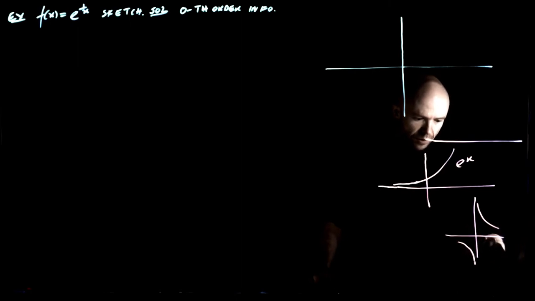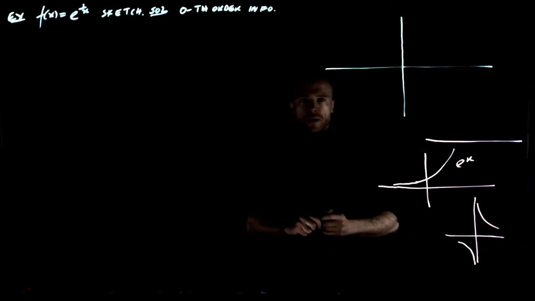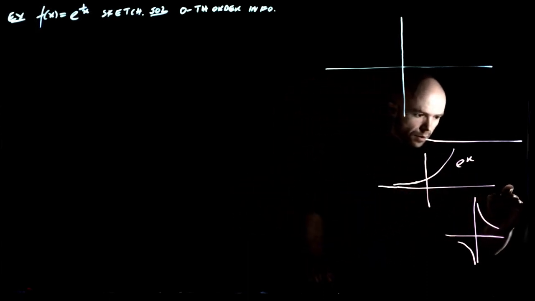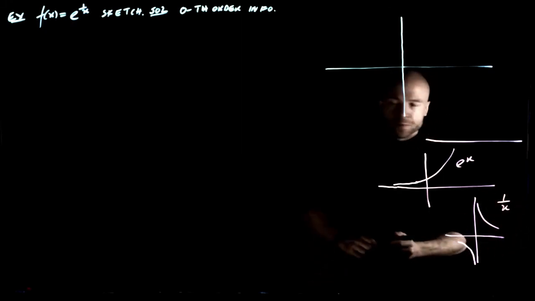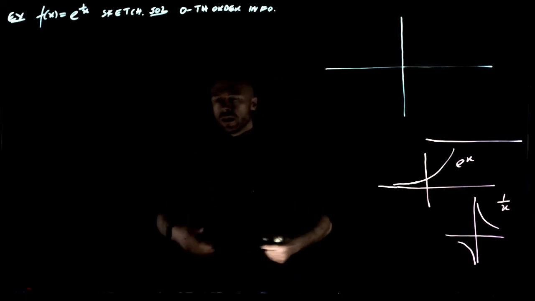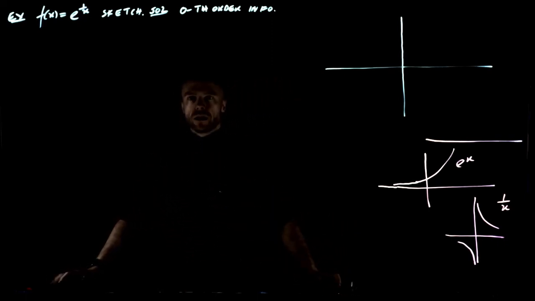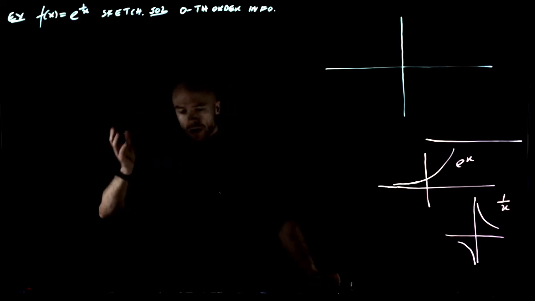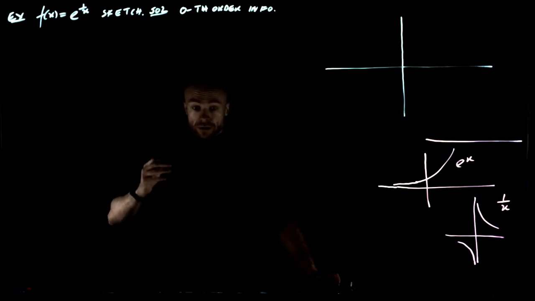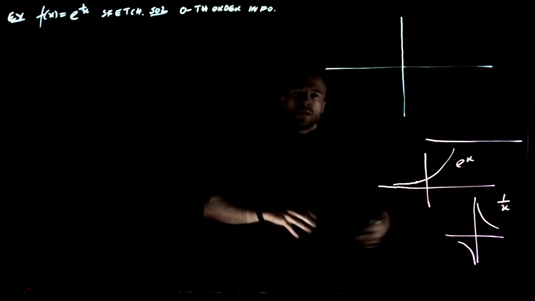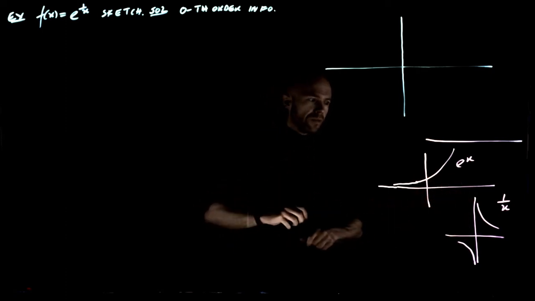You will save yourself a huge amount of time by being fluent in what elementary functions look like. The sooner you get to that position, the easier the stuff gets. So please, whenever you encounter an elementary function and you don't know what it looks like, stop and try and work it out. Don't type it into your graphing calculator, Wolfram Alpha, whatever. Work it out. If you work it out, then you'll have it in your brain. That's the way you become familiar with it. Don't try and memorize pictures. All right, so